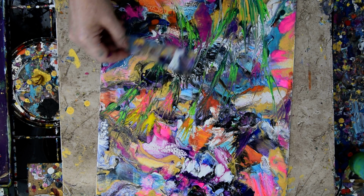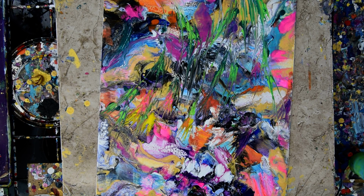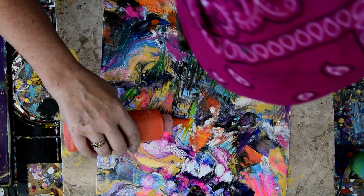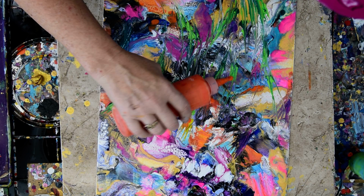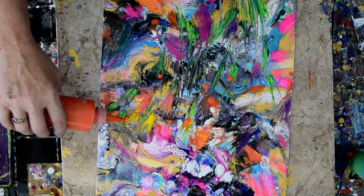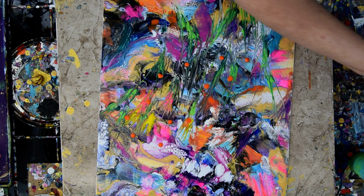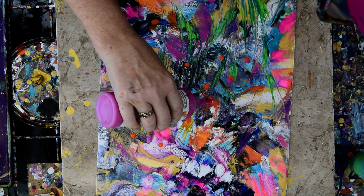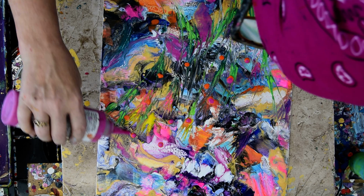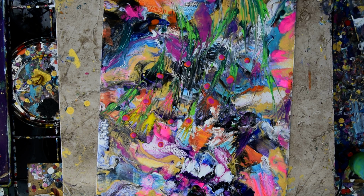and pull it. I like that orange. I want a little bit more of that orange right in there. Yeah, I think it's going to be orange flowers. And while I'm at it, why not make them pink? That's dripping out really quickly. I could throw some yellow in there too. I think it's time for either the fork